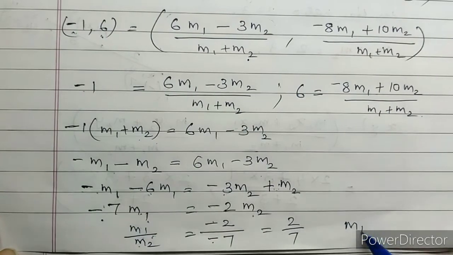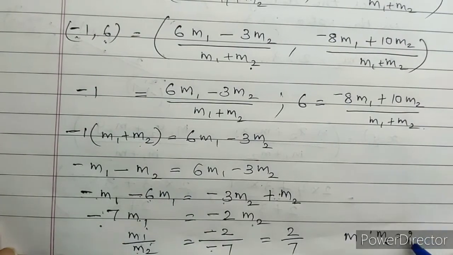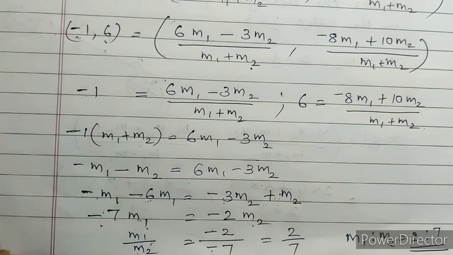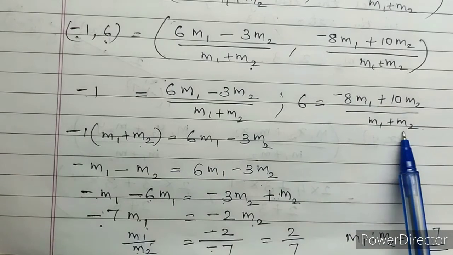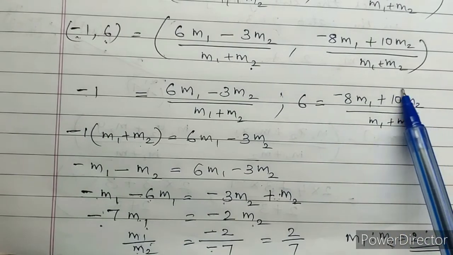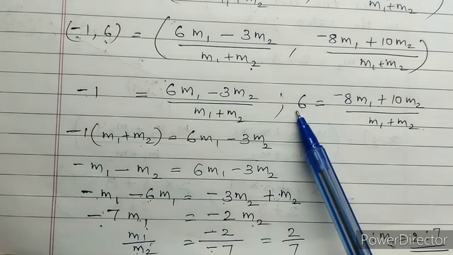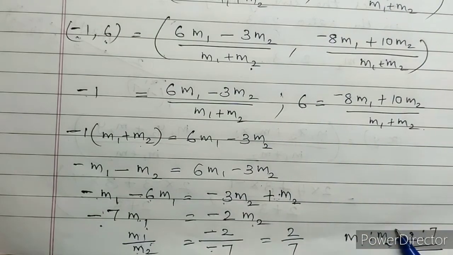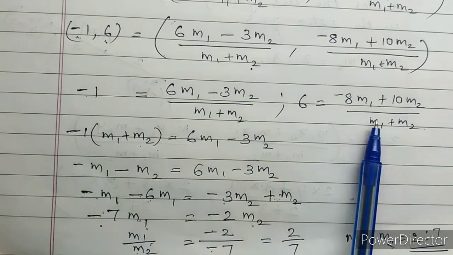So what is m1 is to m2? When you will write in ratio, this p by q form you have to change it and write it as 2 is to 7. So when you simplify the first coordinate only, you are getting the answer 2 is to 7. But for a 2 mark question, you should not stop here. The second one you have to check. Put this m1 is to m2 value in this one and get 6 as the answer. If you are getting y coordinate 6, your m1 is to m2 is correct. That we will see. So here you should not stop for a 2 mark question. You have to continue checking also.